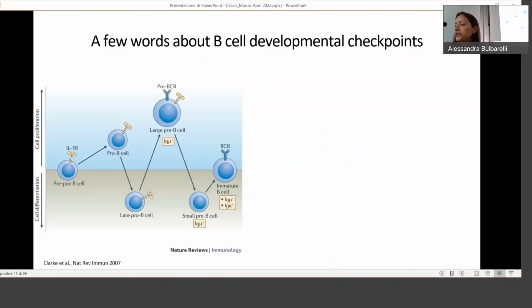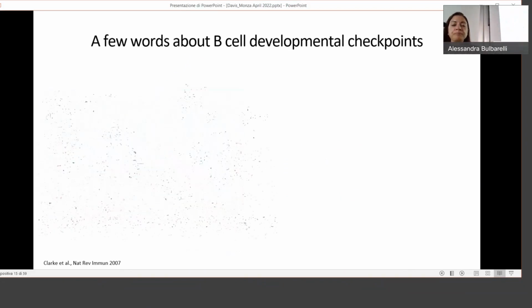So I already mentioned this because I forgot the slide was coming. But as I mentioned, again, this is a very important developmental checkpoint. And the other thing to note is that normally there are these periods of differentiation in which the cells are not proliferating, and then proliferative periods where the cells are proliferating because they've passed their checkpoint. So it's like you did it, you made your immunoglobulin, so now you can make more of your productive immunoglobulin, so you have more chances to have a good full immunoglobulin when they rearrange the light chain.